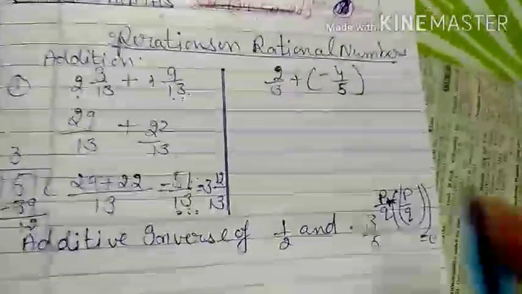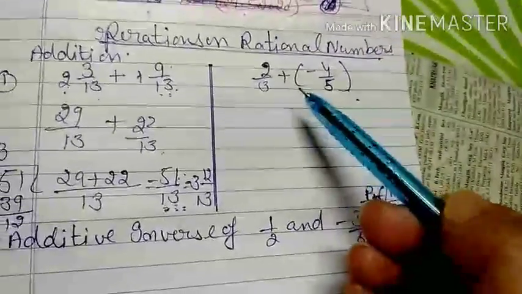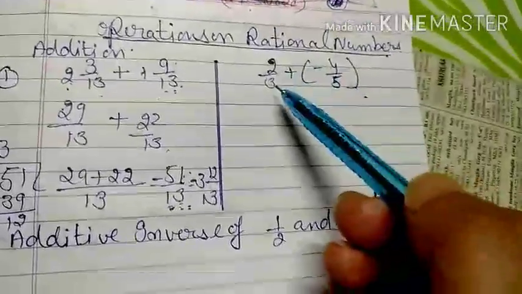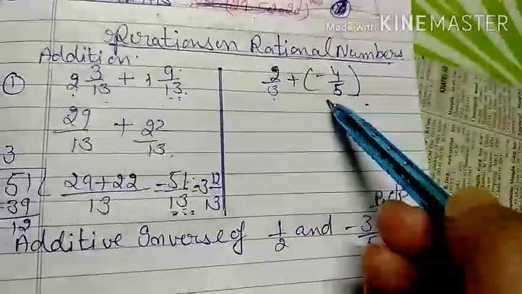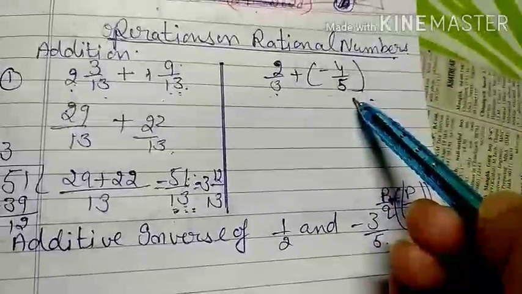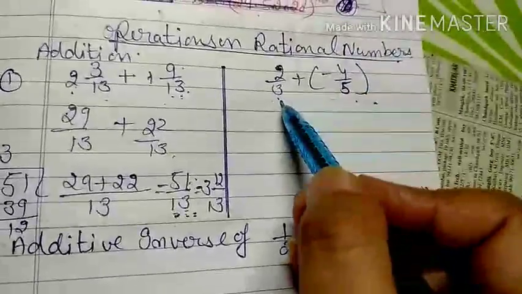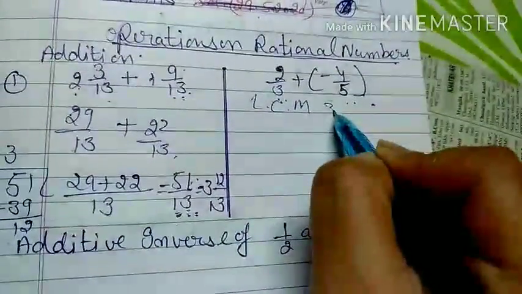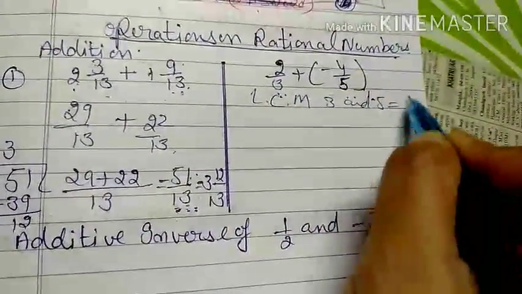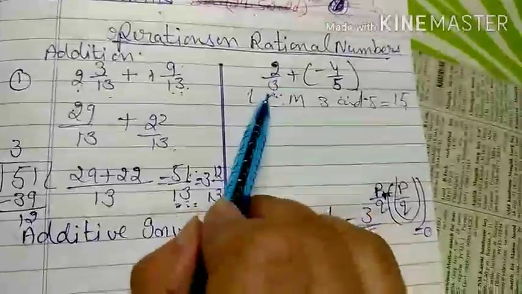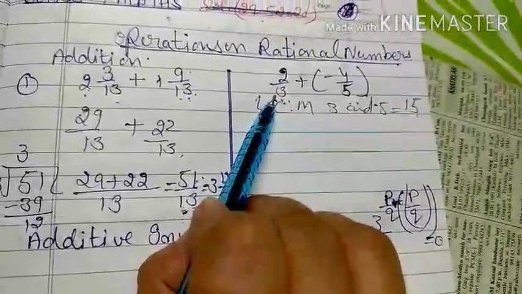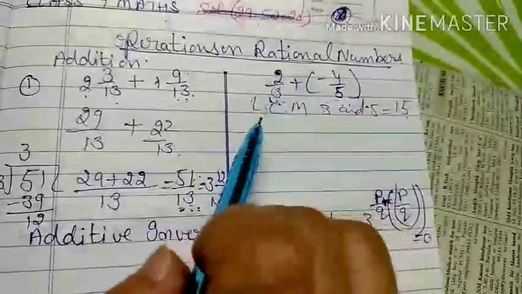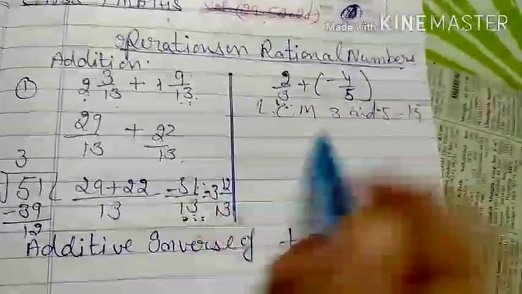But what happens when I am going to add two fractions that have different denominators? First you have to find the LCM of these denominators. Like there are different numbers, 3 and 5. So what will be the LCM of 3 and 5? That is 15. So that means I have to convert this denominator into 15 and also this denominator into 15, and when positive multiplies by negative it gives me a negative sign.